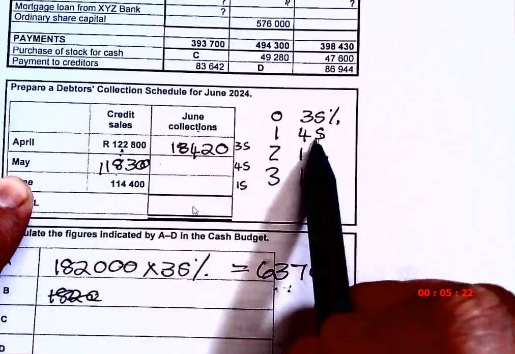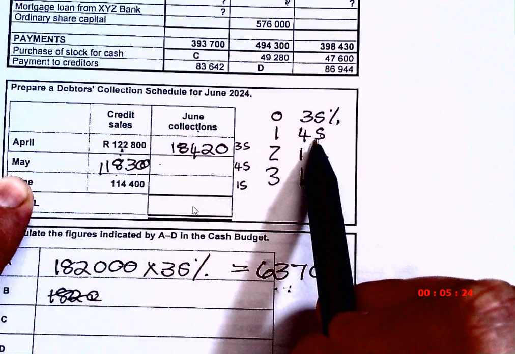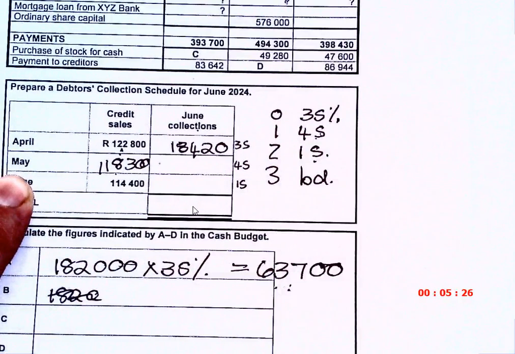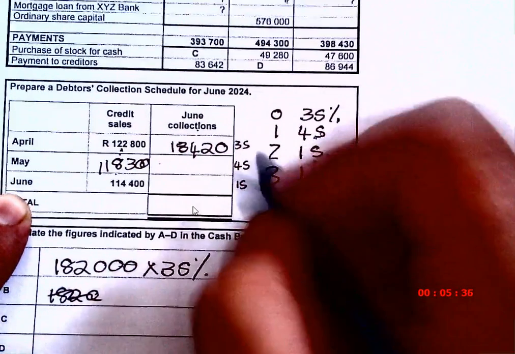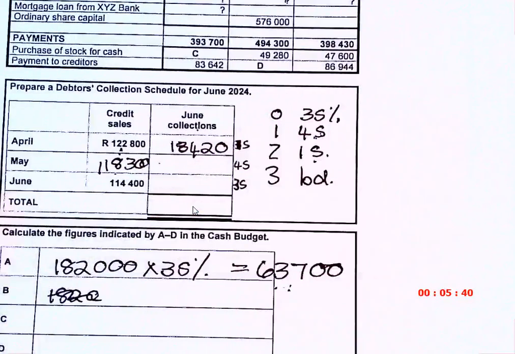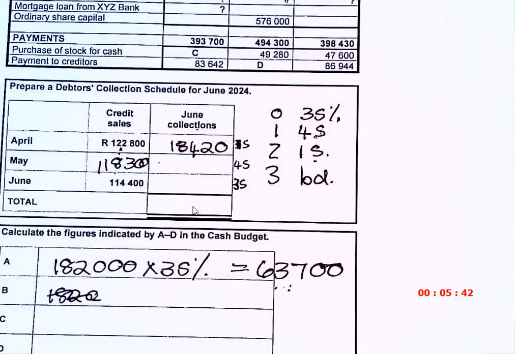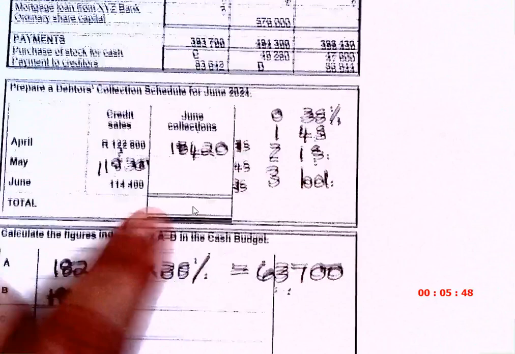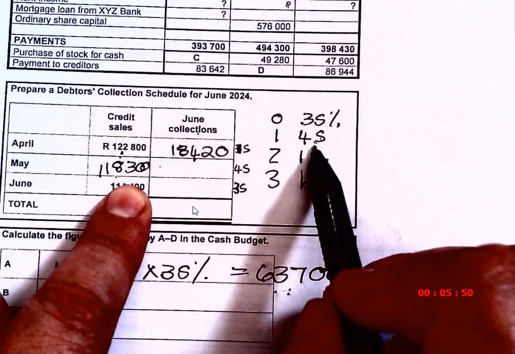1 is 45%. June you're going to get 35%. Oh, April is 15. I get that. I get what you are saying. I'm the dumb one. I'm thankful because now I see you understand. Okay, so May times 45 gives me